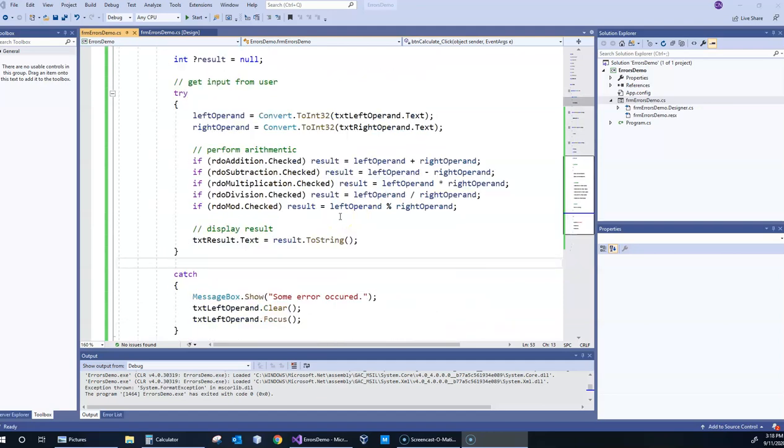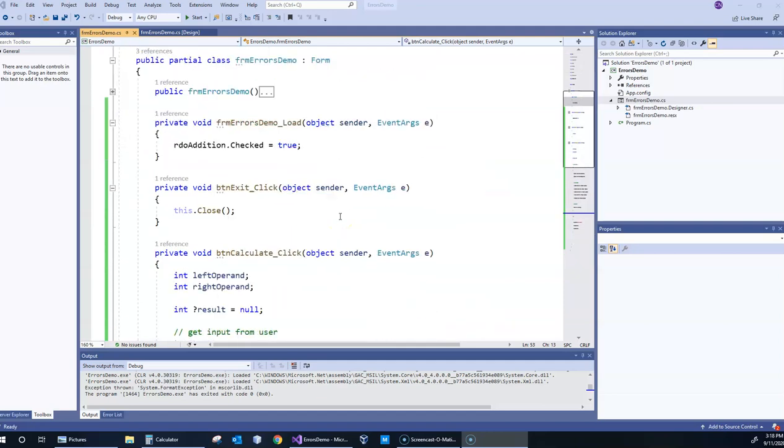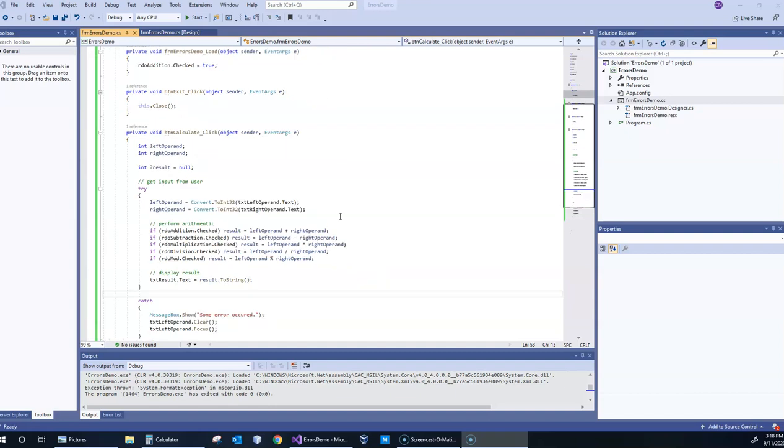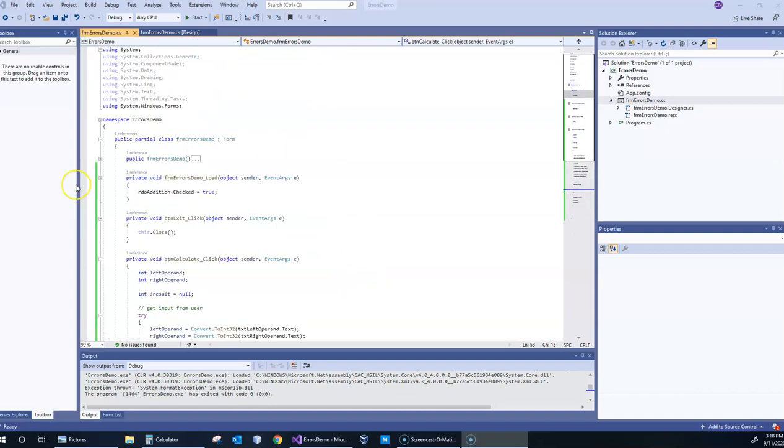We're going to show a simple example of how to catch, like really simply, an exception. So I also want to